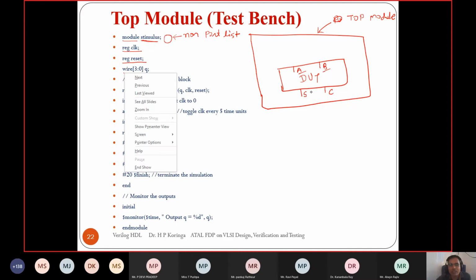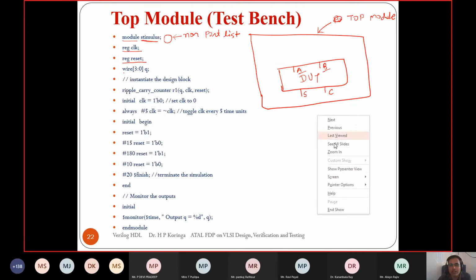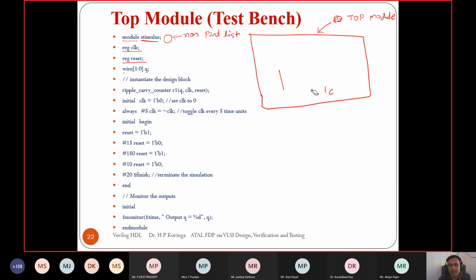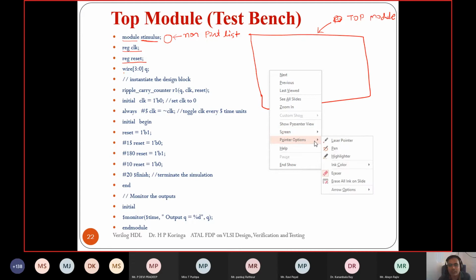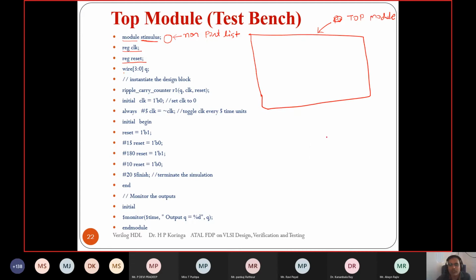So this DUT is written for the 4-bit ripple carry adder, right? So let us use that ripple carry adder example. So in this 4-bit ripple carry adder,